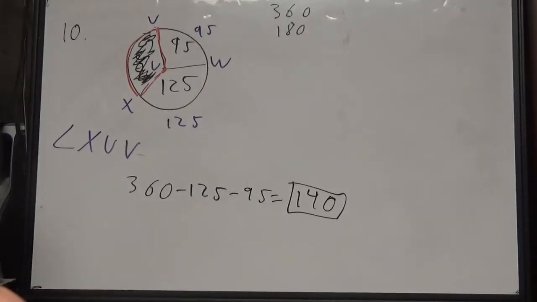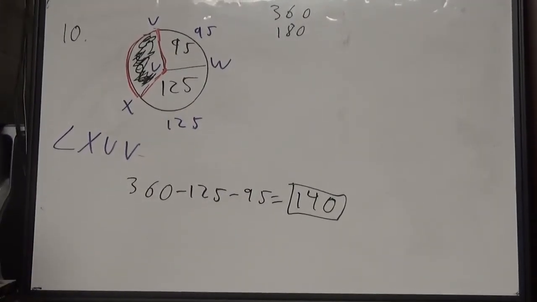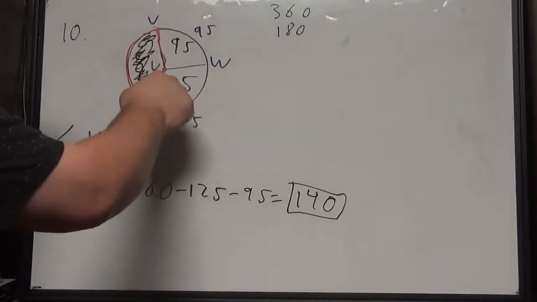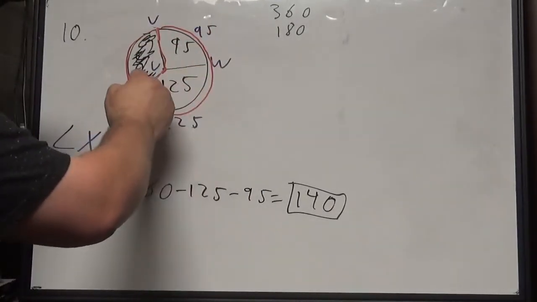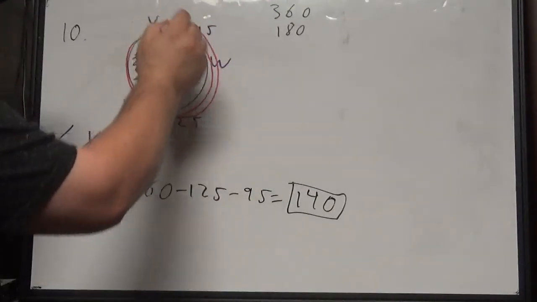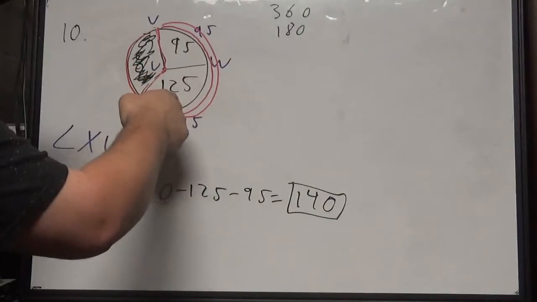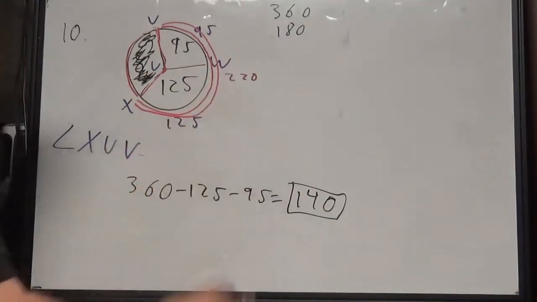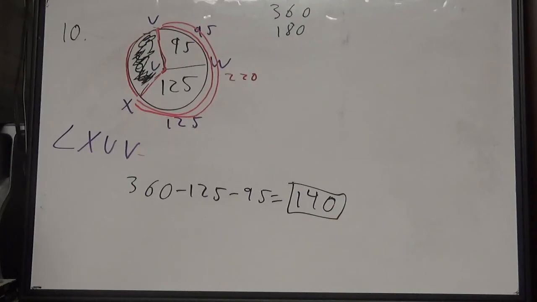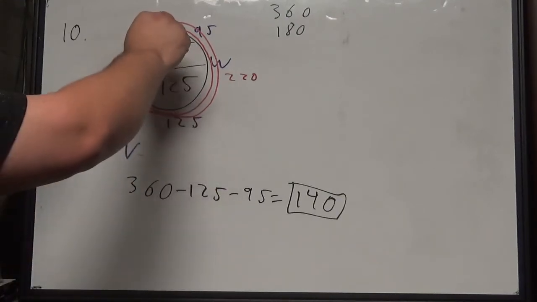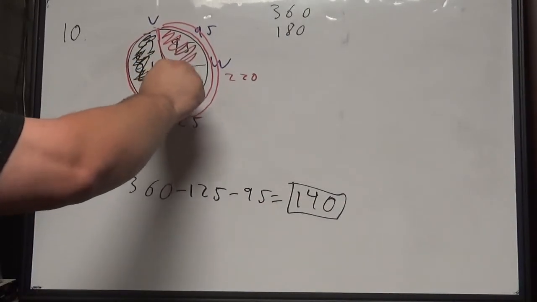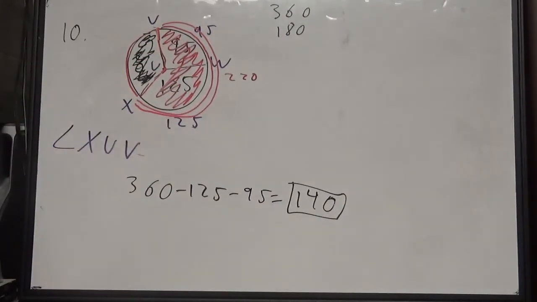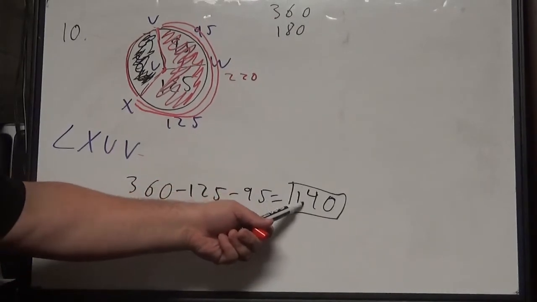And to be clear, here's the reason it's the answer. 95 plus 125, this entire segment here, which I'm going to double line to show it's a different thing. This is 95 plus 125 is 220. Well, 360 minus 220 is 140. So if this whole section, which I'm going to show you now in red, so rewind or pause if you need to go back to where it was, that red section is 220. That means the black section could only be 140 because